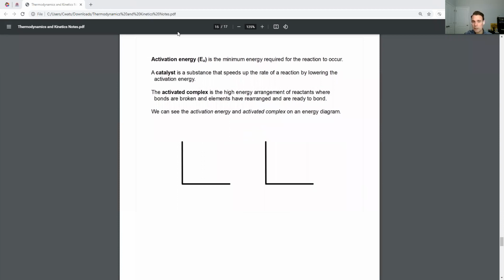We talked a little bit about activation energy before. Activation energy is the minimum energy required for a reaction to occur. We all know what a catalyst is. A catalyst is a substance that speeds up the rate of the reaction, and it does this by lowering the activation energy. So if we were to look at our enthalpy diagrams again,